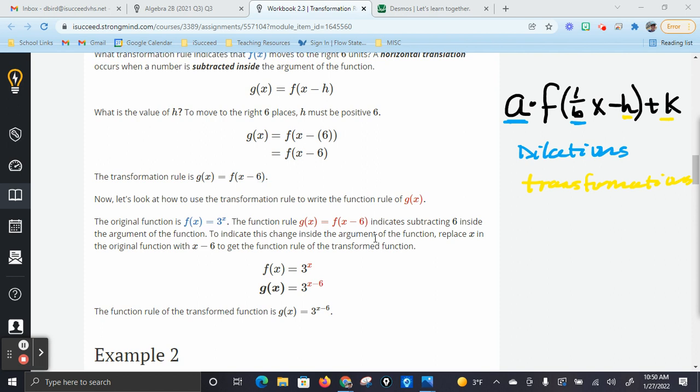So now if we compare the original function of f of x, so f of x is 3 to the power of x. So remember that was my original graph, but then my new input is x minus 6, so that's why it becomes an x minus 6 right here. So the, I keep on wanting to say green, the red graph up above